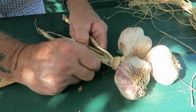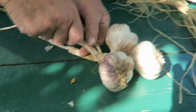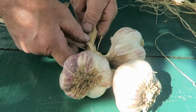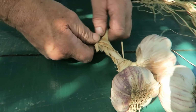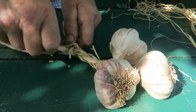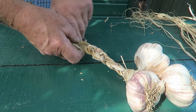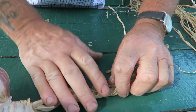So now this is where my hands aren't so good, so there's a lot of people out there who can do a lot better plaiting than me. Just plait them. If a little bit comes up, don't worry, we'll tidy that up in a little while. Yeah, just keep going. Not the best of things to plait, but just keep going till you get towards the end like that. And I think you'll find if you tighten it up with your hand, that'll hold for a minute while we can get the